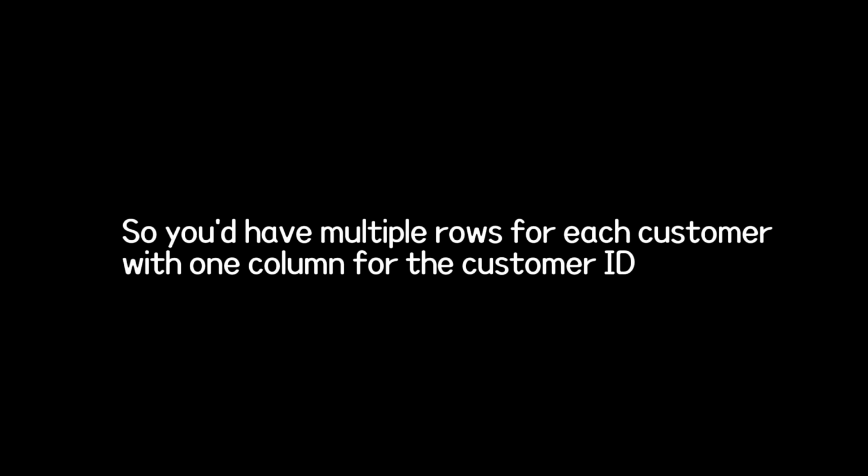Exactly. Now, what about long versus wide data? What's the difference and why does it matter? Think about it this way. In wide format, each thing you're measuring, like a customer, gets its own row, and different measurements about that customer are spread across columns. So if you're tracking purchases over time, each customer would have columns for month 1 purchases, month 2 purchases, and so on. But in long format, every single measurement gets its own row, even for the same customer. So you'd have multiple rows for each customer with one column for the customer ID, another for the month, and another for the number of purchases.